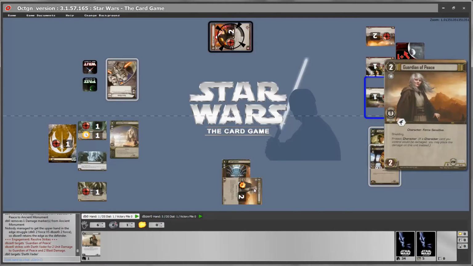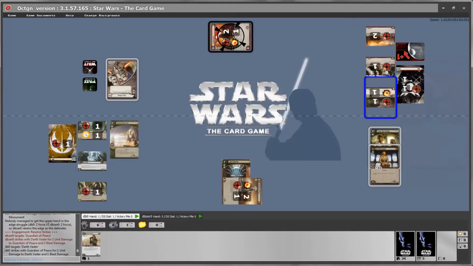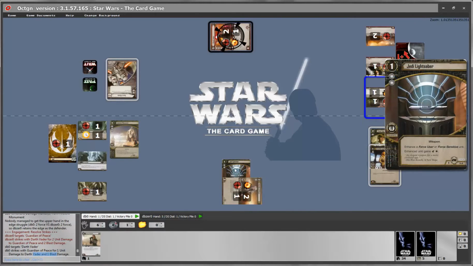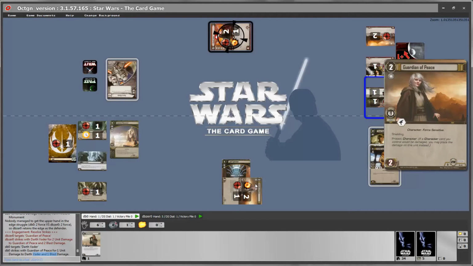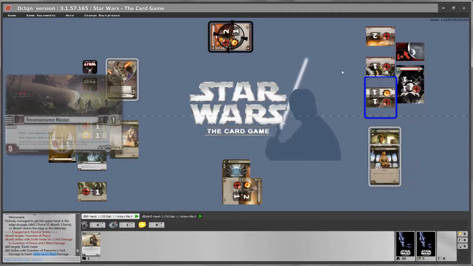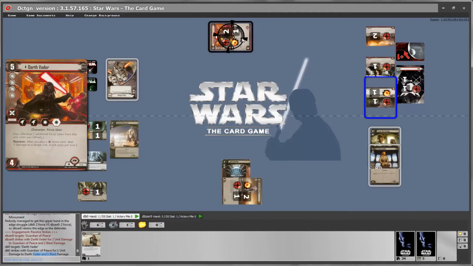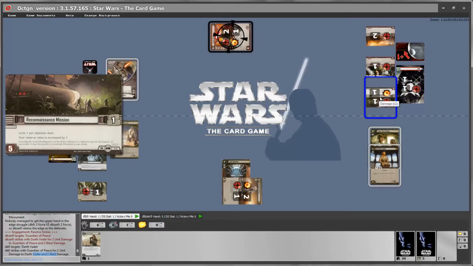We target Darth Vader and we attack. You see now that the Guardian of Peace attacked for 1 unit damage or more blast damage. Why? Because the lightsaber automatically took effect. The game will automatically calculate any effects on the table or on your enhancements which improve your strikes as you are attacking. So if you have an orbital bombardment, or if you have a Jedi lightsaber, or if you have any enhancement on Yoda, the game will automatically calculate how many Force icons you have and will do the appropriate damage.